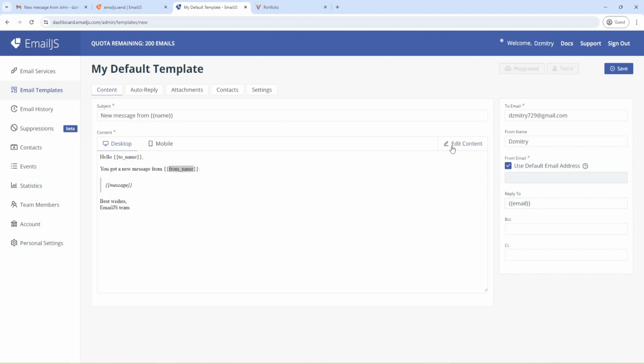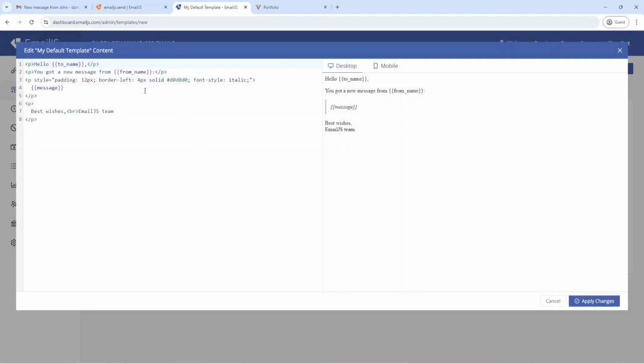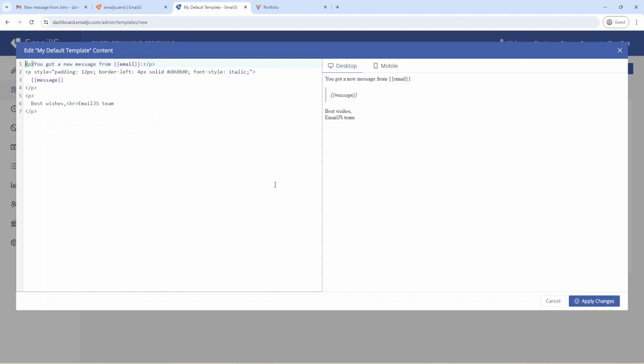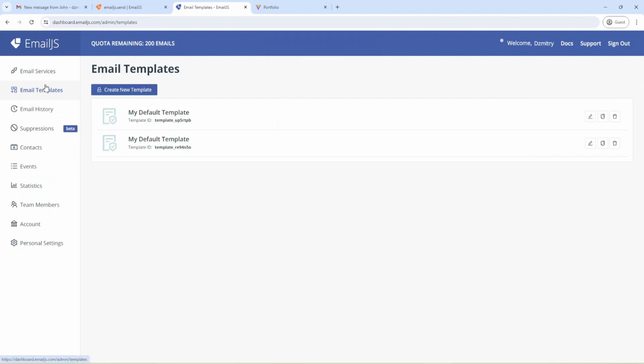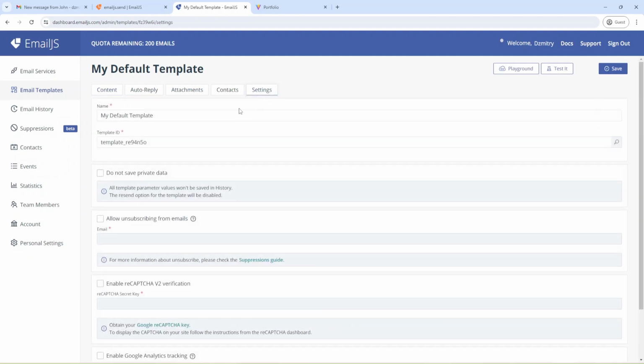I'm going to edit content in the public code editor. You got new message from and email, and also I can just remove this code, and I don't need this, and I can just apply changes and save it. Okay, and the template was added, and I can change the name inside settings and provide portfolio app and save.